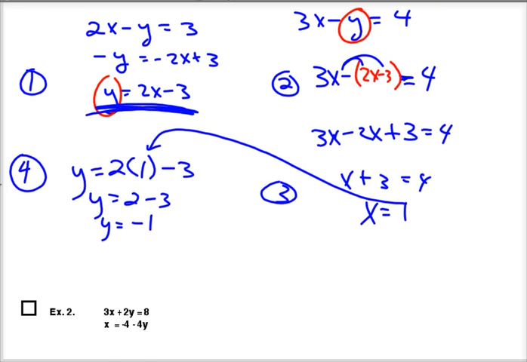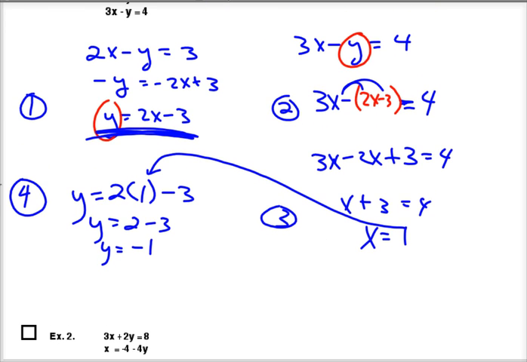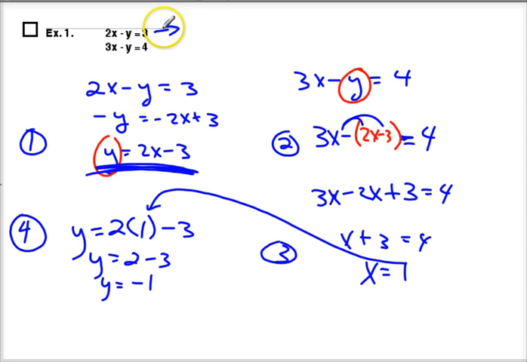Checking answers, I want to plug in 1, negative 1. The top one here, I'd have 2 times 1 minus negative 1. That is 3, because that'd be 2 plus 1. The bottom one, 3 times 1 minus negative 1. That is 4, because that would turn into 3 plus 1. So